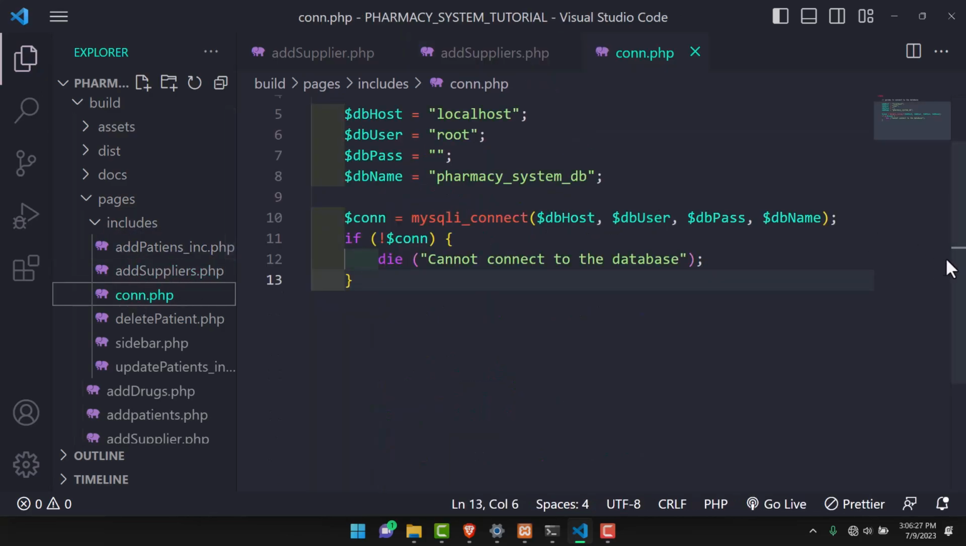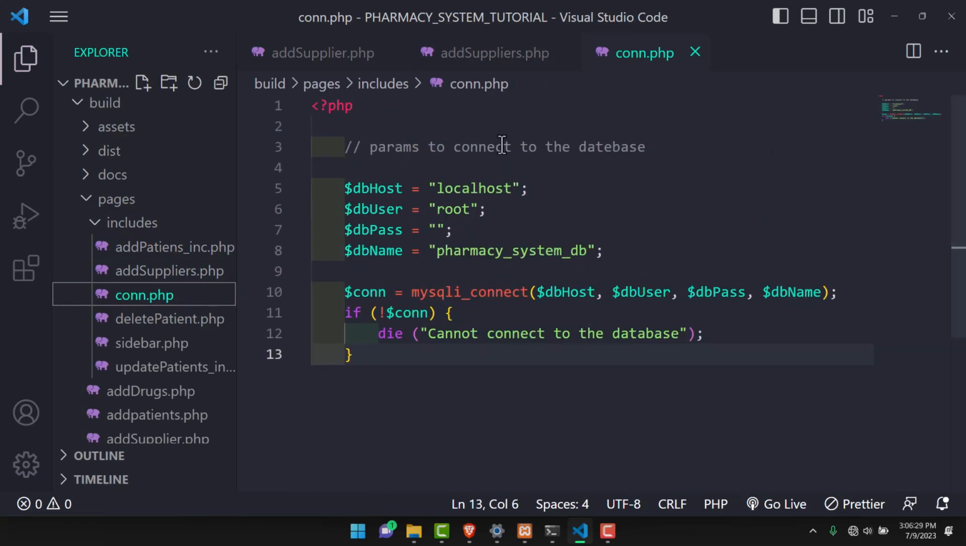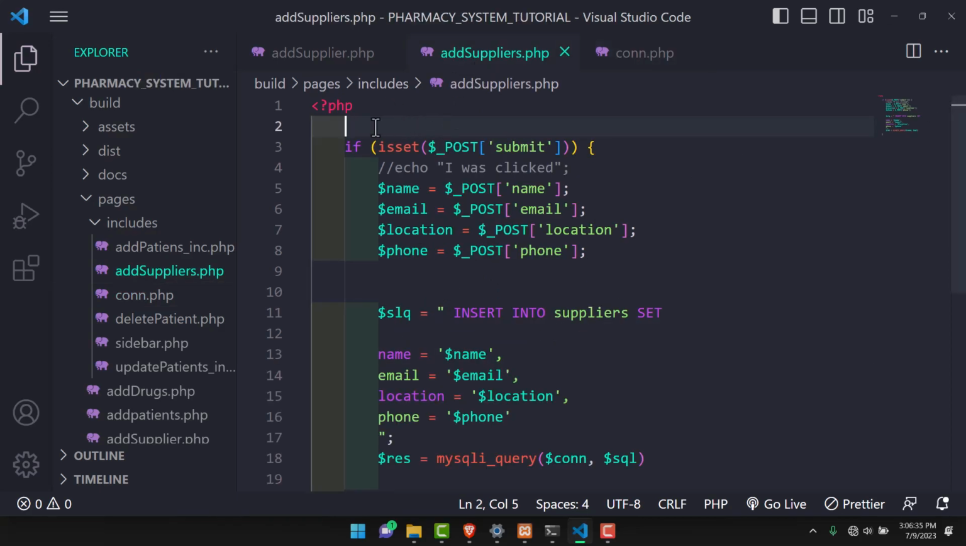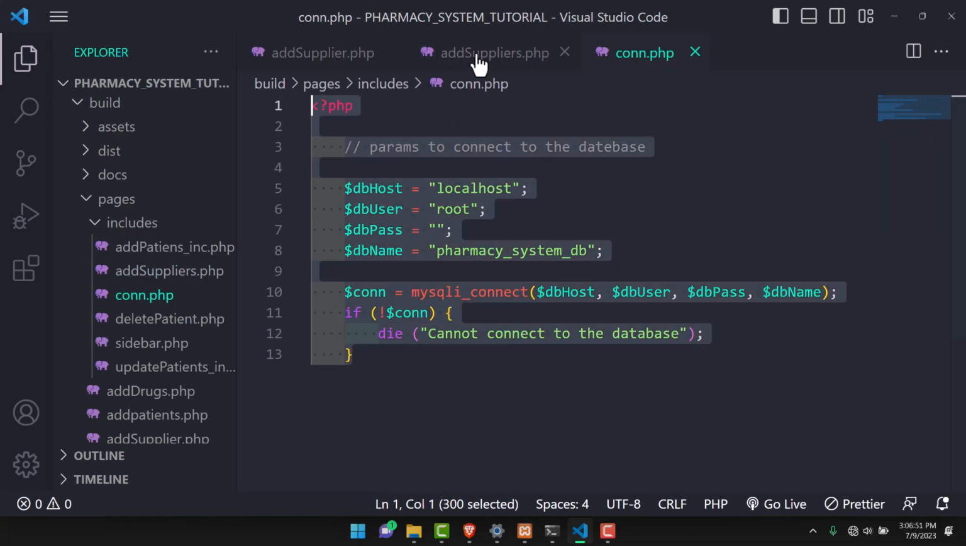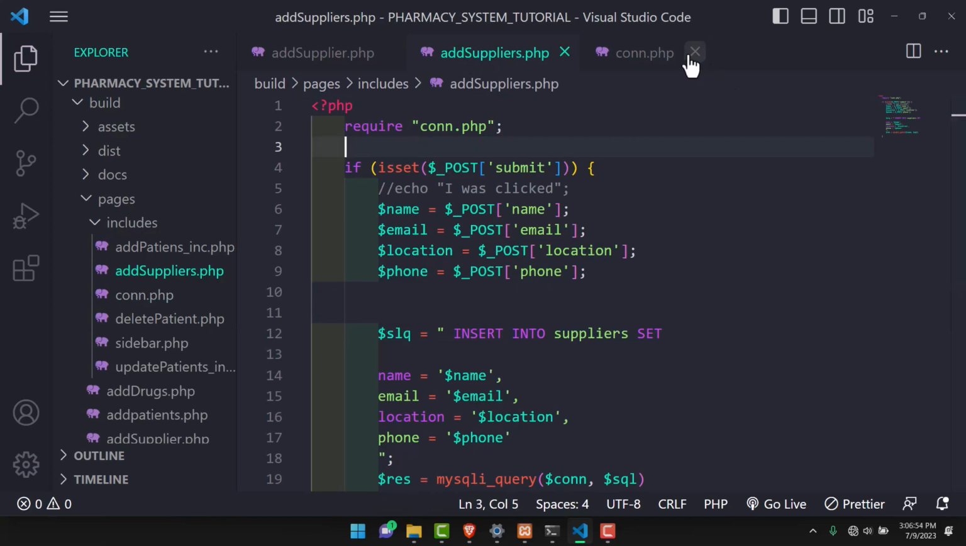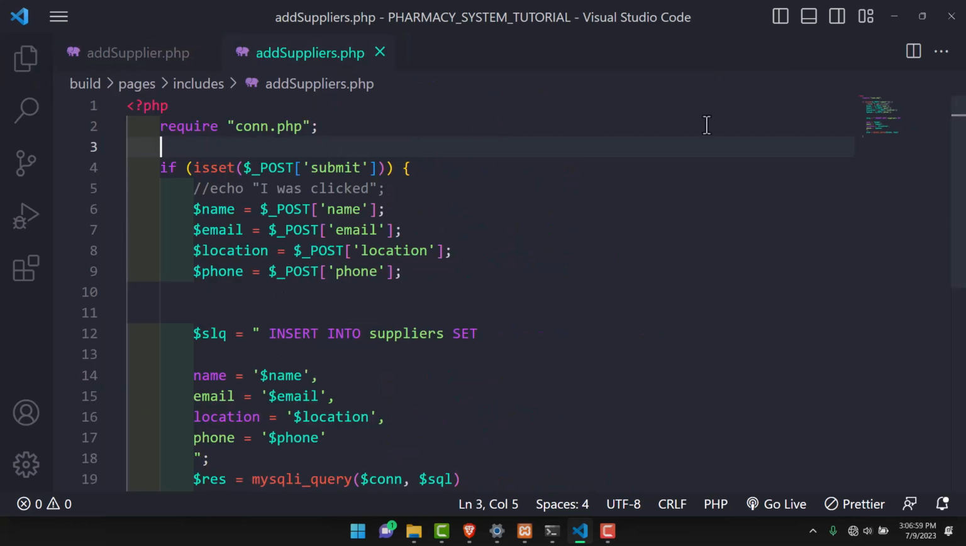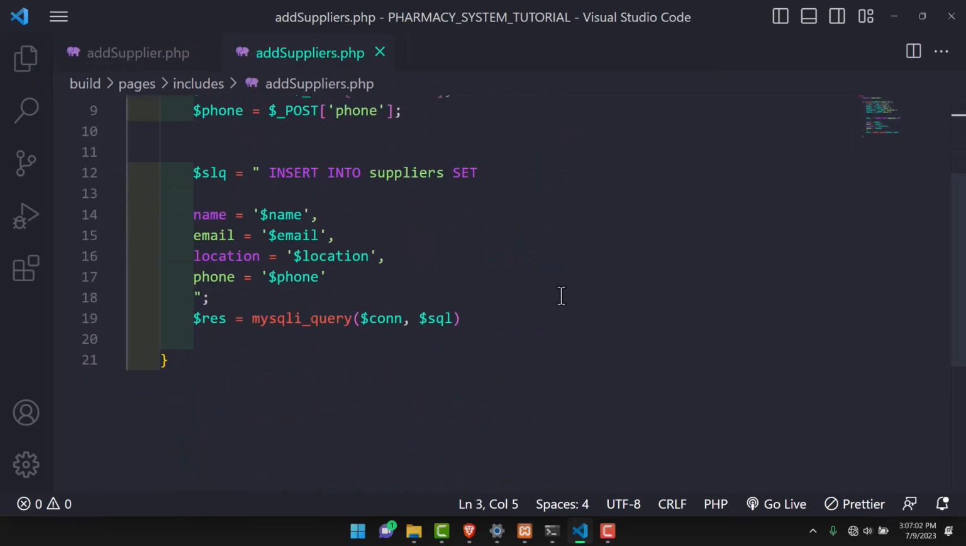So all I can do is to include this script in my page here. So I can just talk of require, and I'm going to talk of con.php. So by doing this, I have now included the whole of this script here, but now in a more easier and clean way. Okay, so now that we have the connection there,